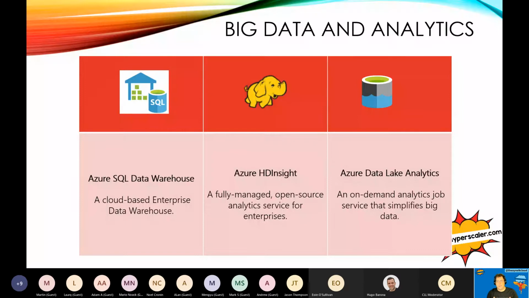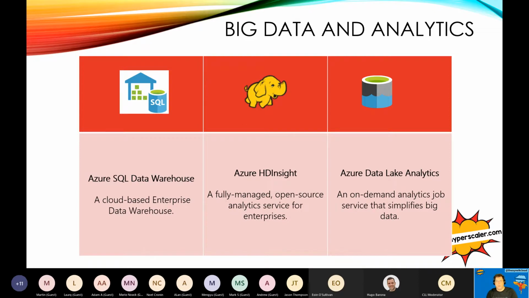It works in that Apache environment of open source that all feeds in and also does analytics services for enterprises. And then Data Lake Analytics is again another platform-based analytics service for big data. So with all of these services, depending on what your need is, whether you're all in with utilizing structured or semi-structured data around a SQL type environment and comfortable with the SQL type of language, then you have Synapse Analytics or